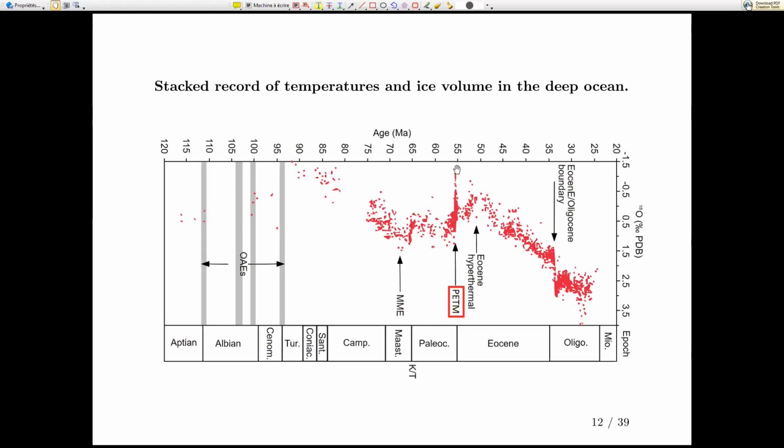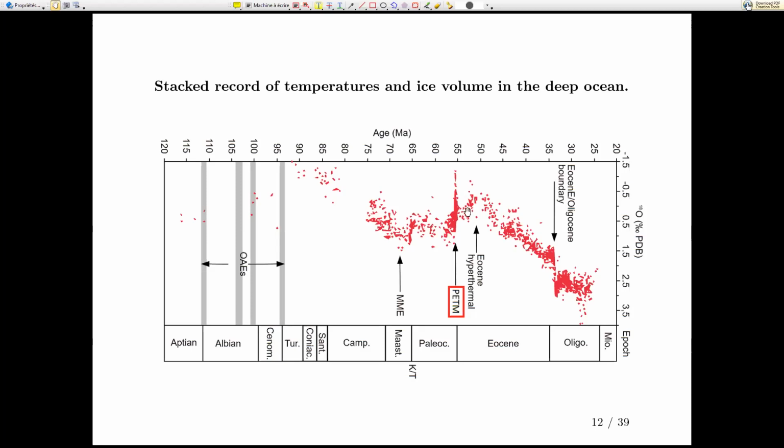But then the question is, how long did it take to go back down? So did it go back quickly or not? Well, this is a scale of millions of years. So this blip looks like it's short-lived, but it's about 200,000 years. So if you think about it, it took about 20,000 years to emit, but 200,000 years to reabsorb.